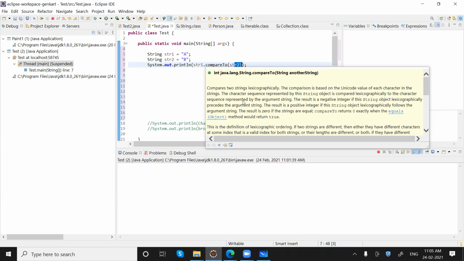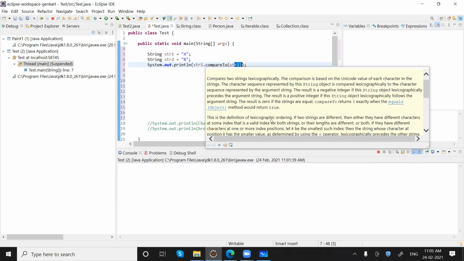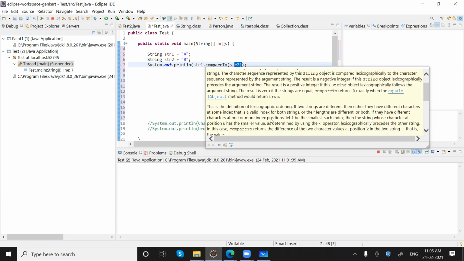The character sequence represented by the string object is compared lexicographically to the character sequence represented by the argument string. The result is a negative integer if the string object lexicographically precedes the argument string. The result is a positive integer if the string object lexicographically follows the argument string. The result is 0 if both are equal. compareTo returns 0 exactly when the equals method would return true, meaning the content of the strings is the same.